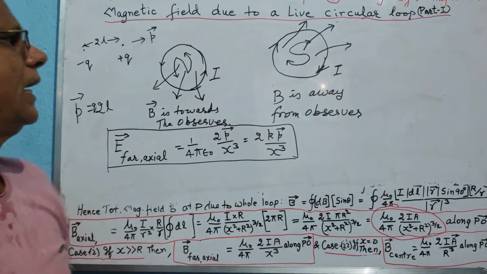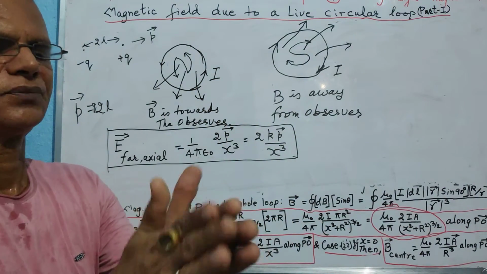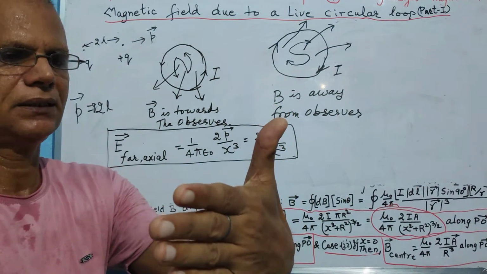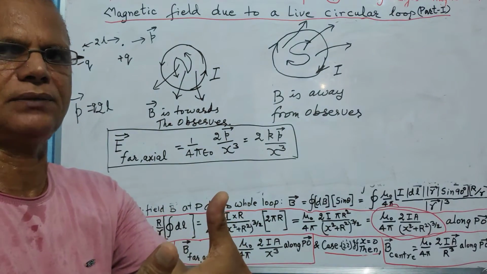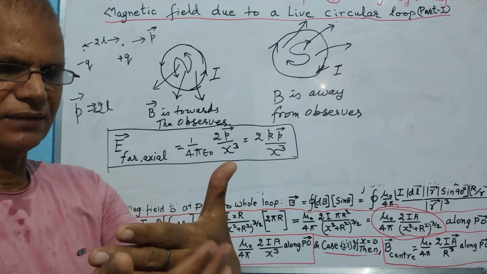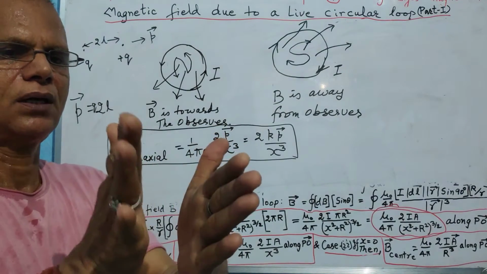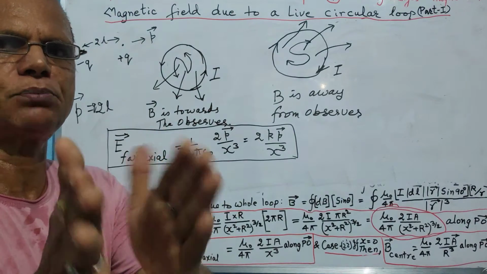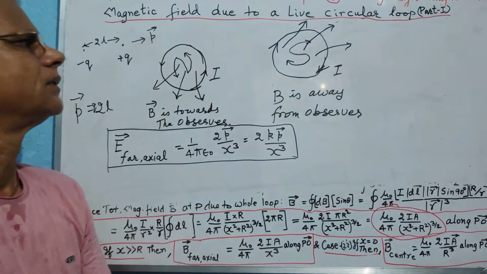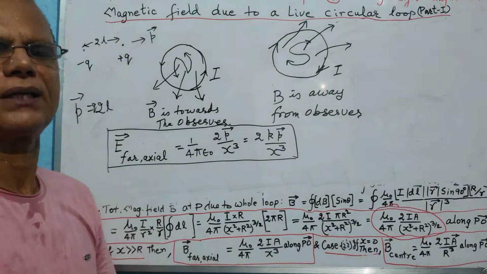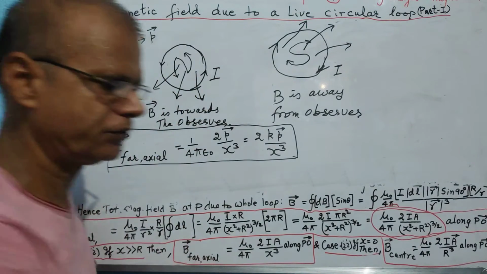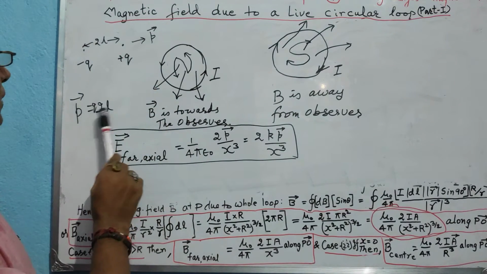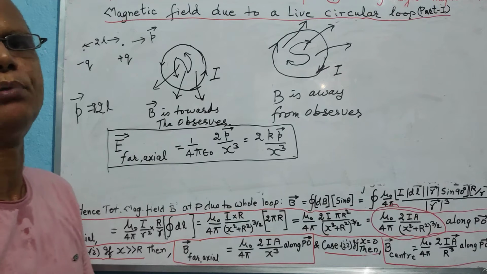So that means this is just a plane, and one face of the plane of the coil behaves like a north pole, and the other face behaves like a south pole. Now it is a plane, so it has no thickness. So the distance between the north pole and south pole of this dipole is not there. There is no distance. And once we don't have any distance, how can we find the magnetic dipole moment?